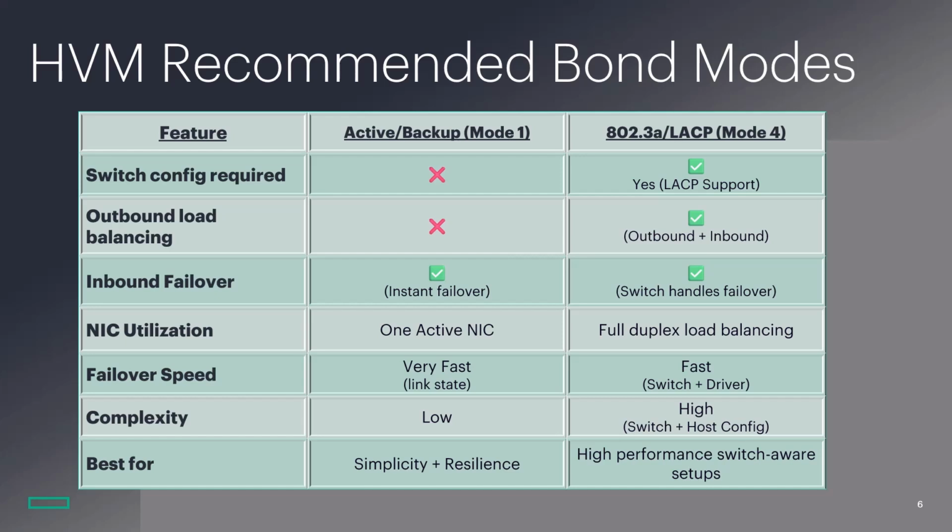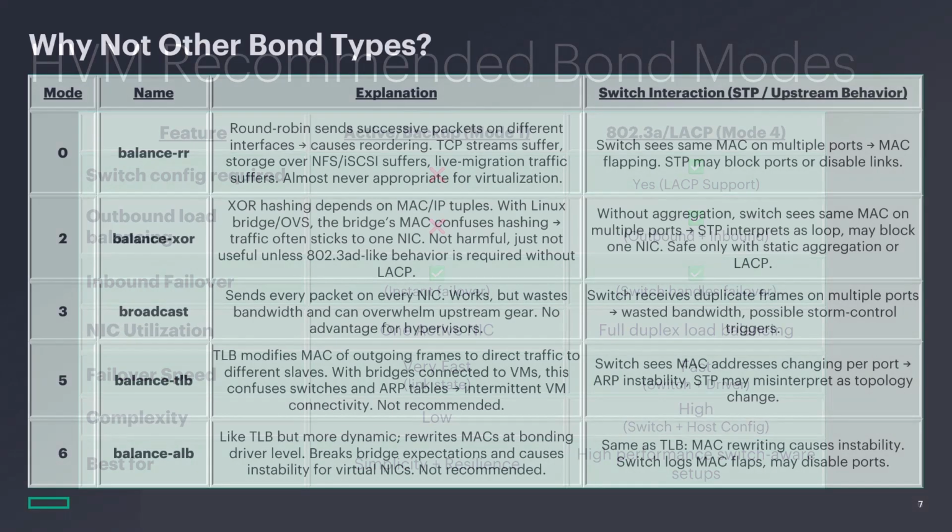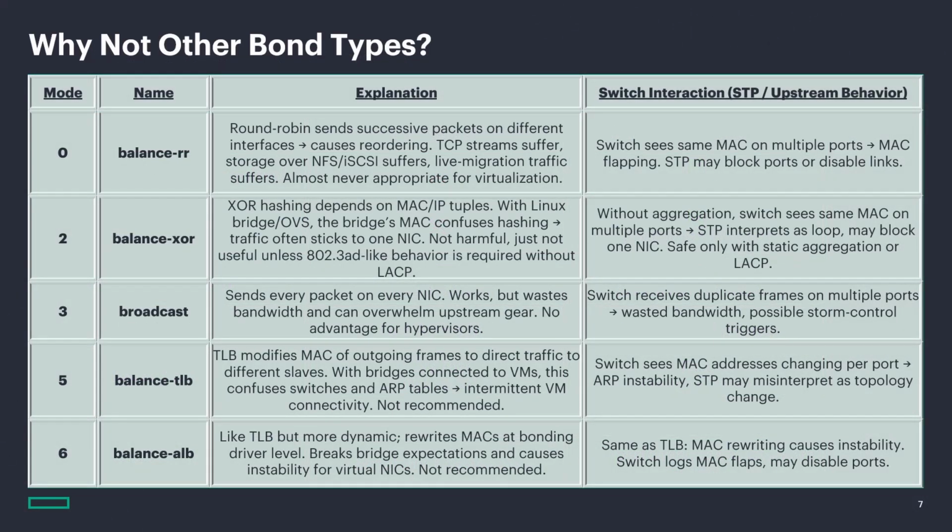Now, if you have the need for higher performance load balancing and switch-aware network setup, you can go with LACP. But if you're not already using LACP in your environment, then you most likely don't need to use it for HVM either. Now, one of the bigger reasons for these other bond types not being supported is something called Spanning